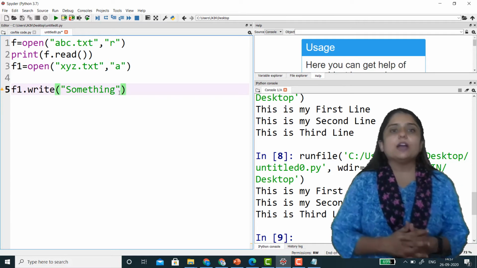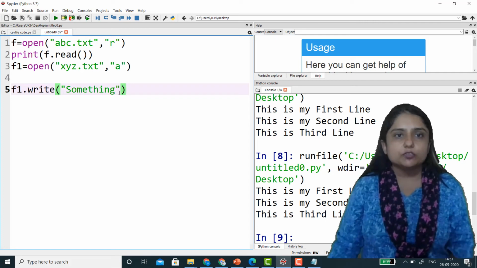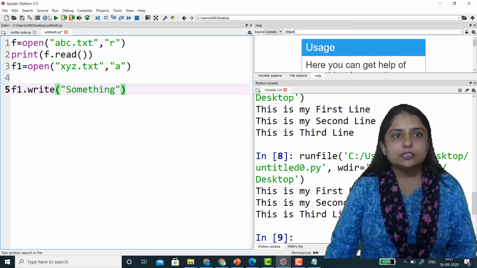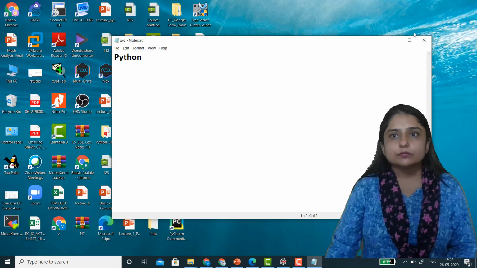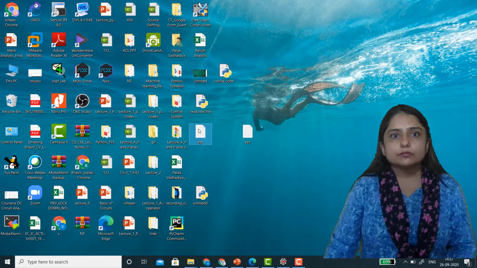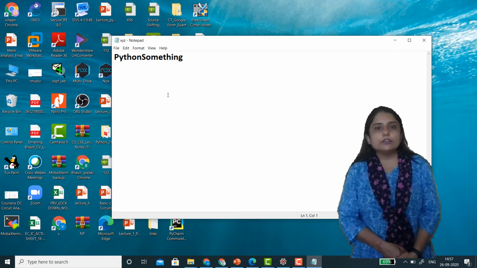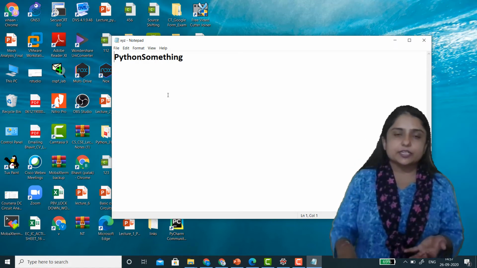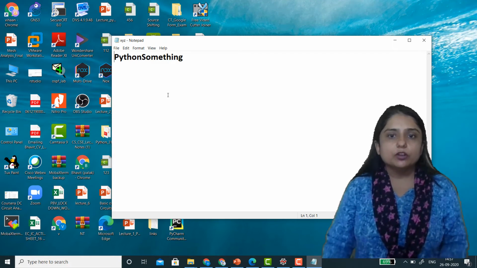So now one file is already there, and inside that file we have Python. Now we want to append something. Let's run this. Yes, now it has Python and something. So whenever you want to write in an existing file, you have to open that file in append mode. Alright.